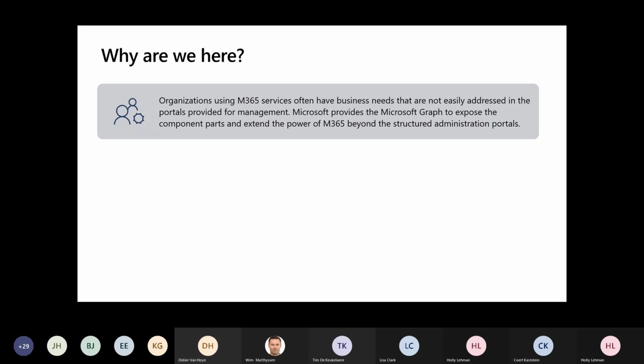And Microsoft really enables us to fill this gap by surfacing Microsoft Graph, which provides an easy way to track these parts and components,